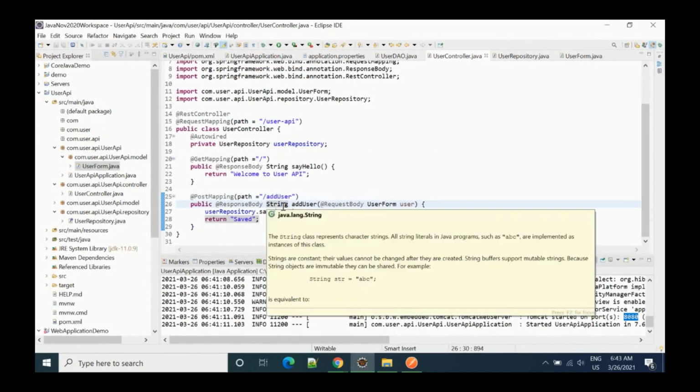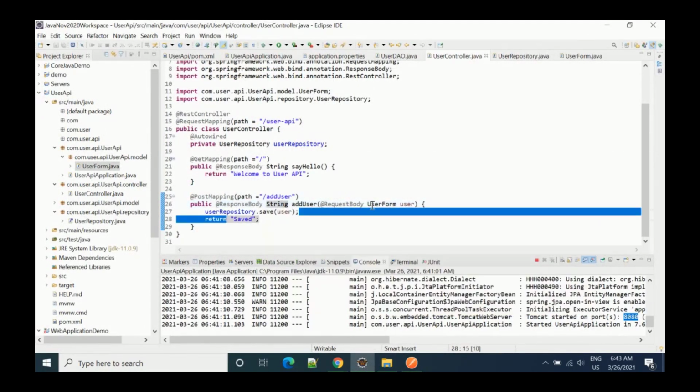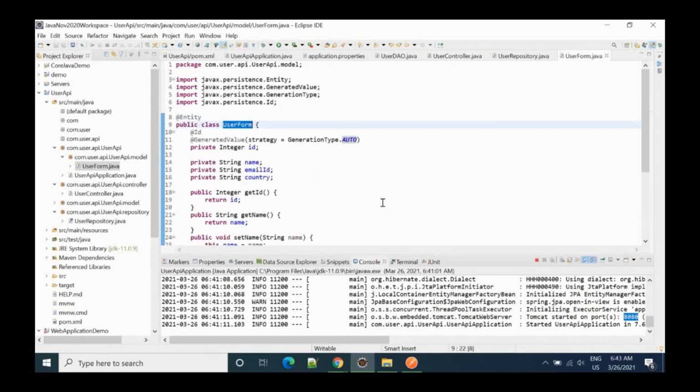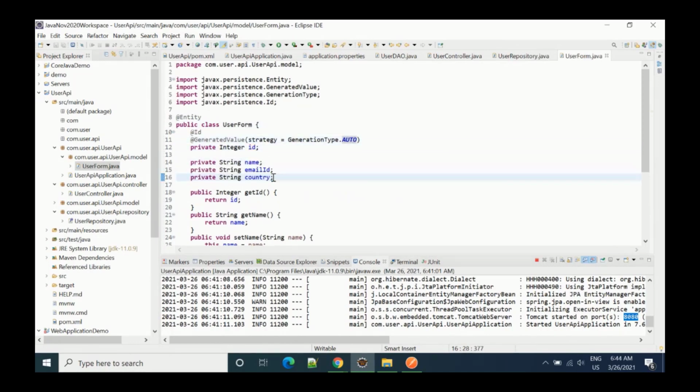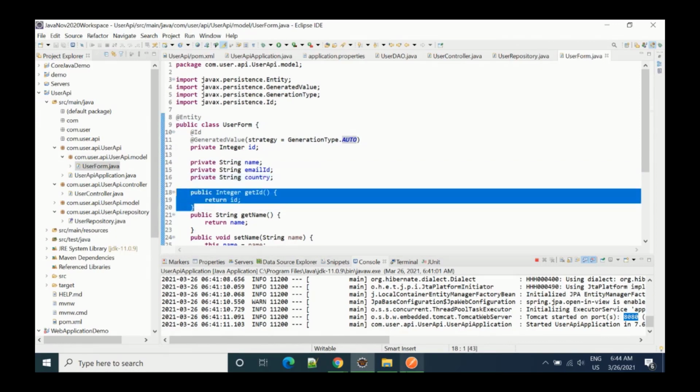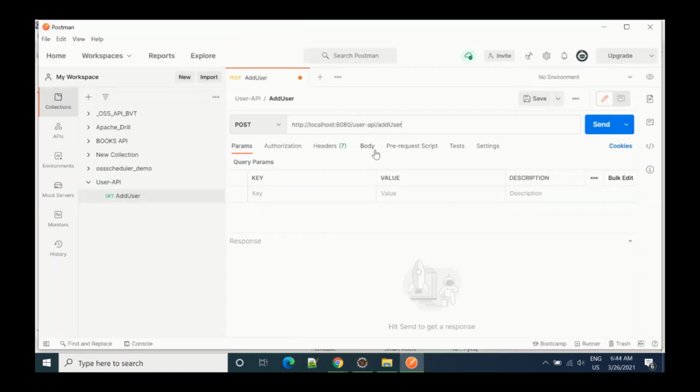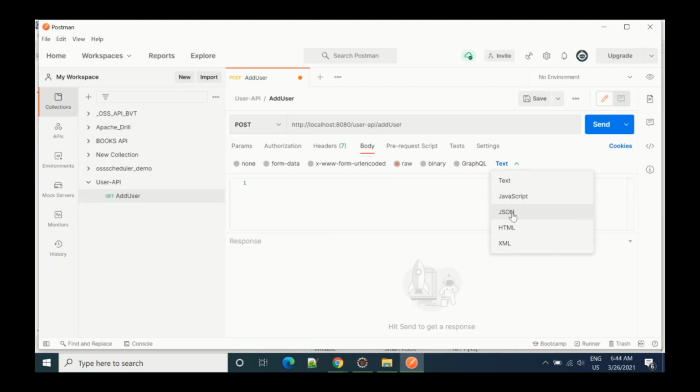Then you can see we are sending a request body, and in this body we have the form. I have written that ID should be auto generated, and then we have to give the details for these three things. Also we have removed the setter method for ID. That means from the front end we have to go into this body and select raw, and here we can select the JSON type.